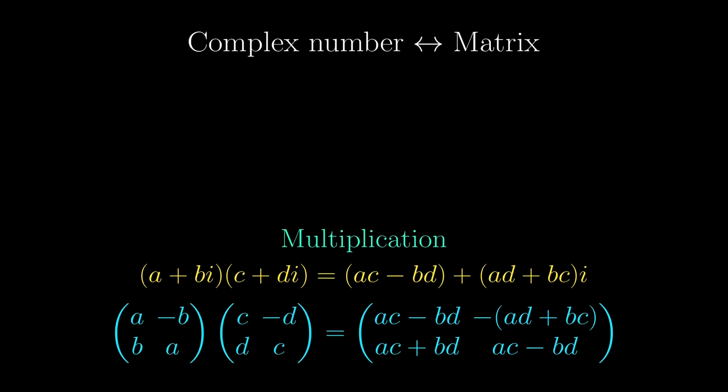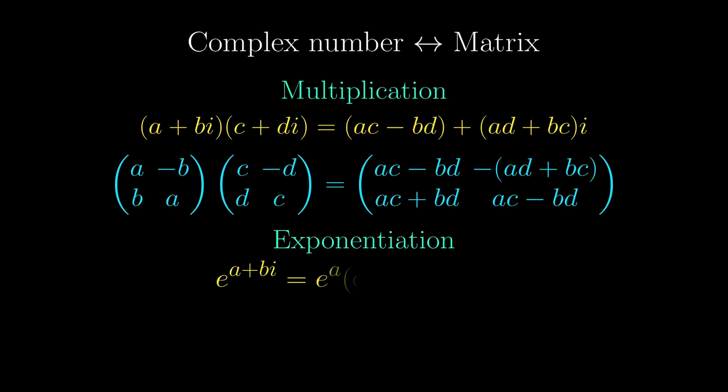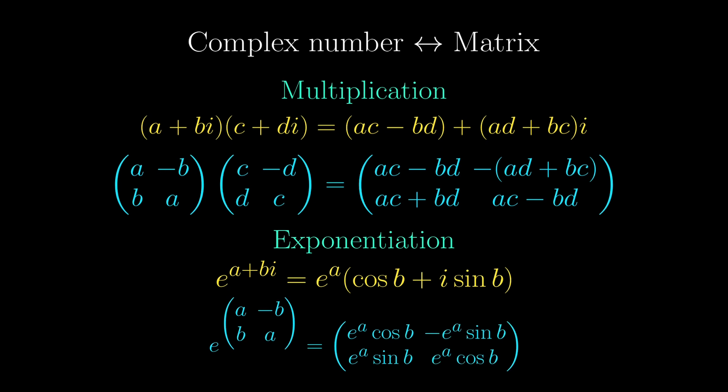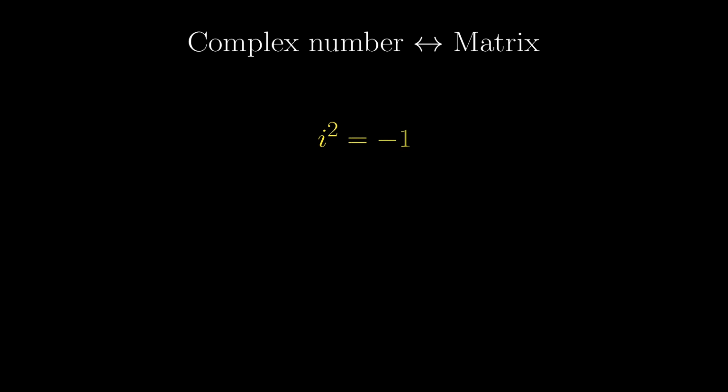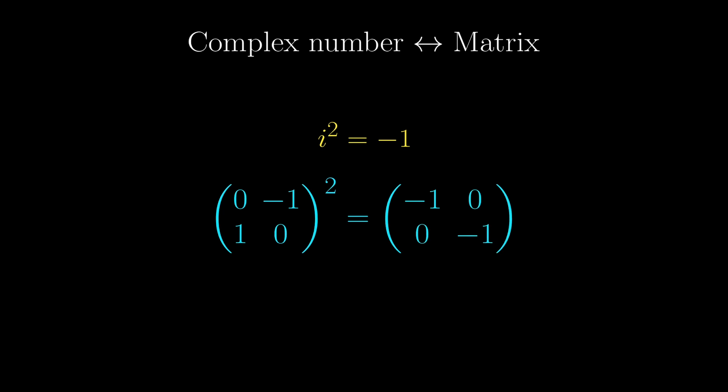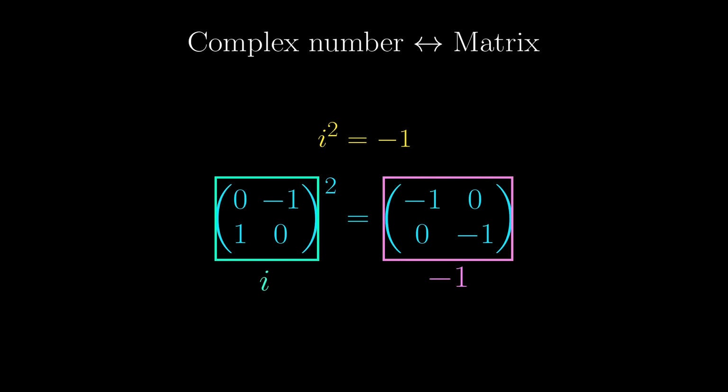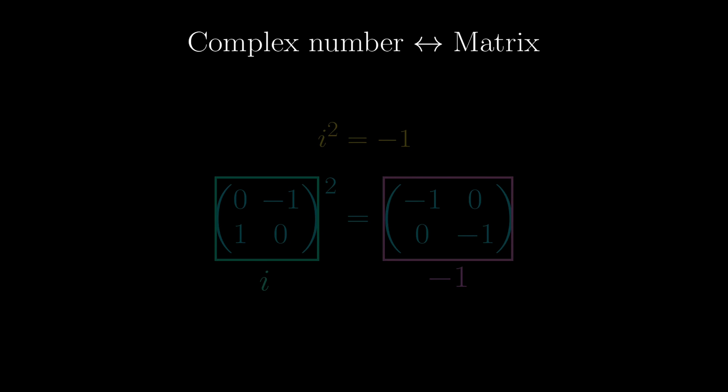And if you know something about matrix exponentiation, complex number exponentiation is the same as the corresponding matrix one. So there is virtually no difference between the two here. In fact, if you really can't accept that something squares to -1, then just look at the corresponding matrix expression here. We are only calling this i for simplicity, and this matrix -1 because it behaves like -1. But the most important reason I bring this up is that it will be useful in developing intuition for complex differentiation in a future video.